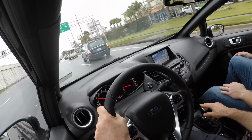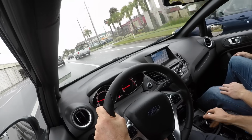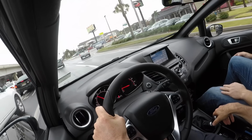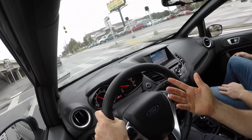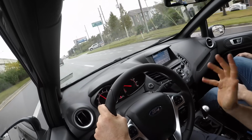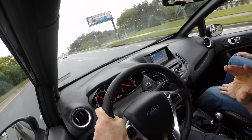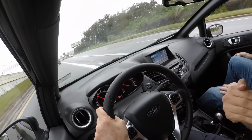Even though it's a subcompact, even though many people would say, oh, it's just a Fiesta, it's about fun with that EcoBoost motor, that 1.6 EcoBoost. I'm in second gear, roads are a little wet, but it's just very smooth. Clutch, ultralight. If you're gonna use this as a daily driver and you're concerned because there's traffic on your route, I would not be that concerned because the clutch is super light, it modulates very well, and when you get